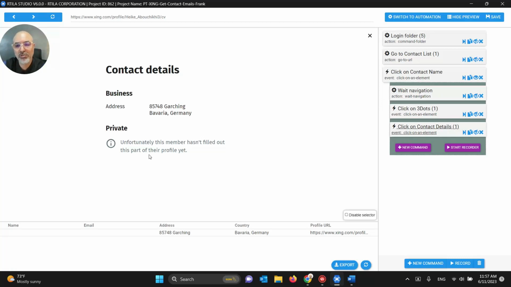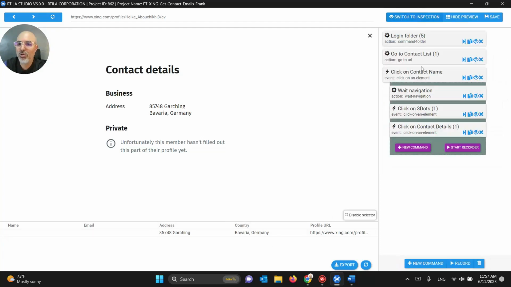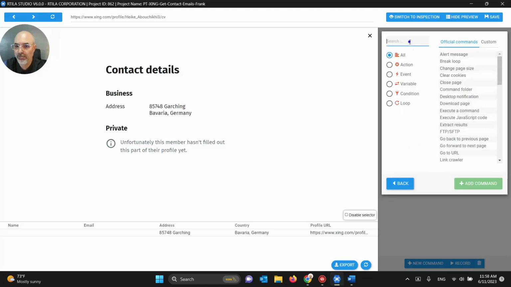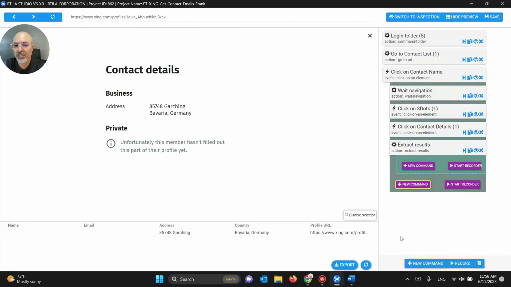After we reach this page, this is important, Frank. Once you reach the page that has the data, and once you created the properties that you want to catch, so you see it's catching all these properties, that's the moment in the automation where you need to extract the data. So I need to put the extract command, because if I don't, it will not save the data. Inside this loop, once I reach this detail page, I extract the data, and then it will go back to the loop and click on the next contact. But if I click now again on the next contact, it will not do anything,